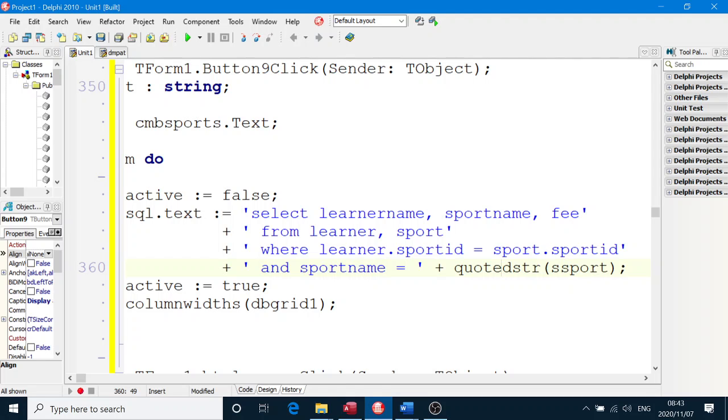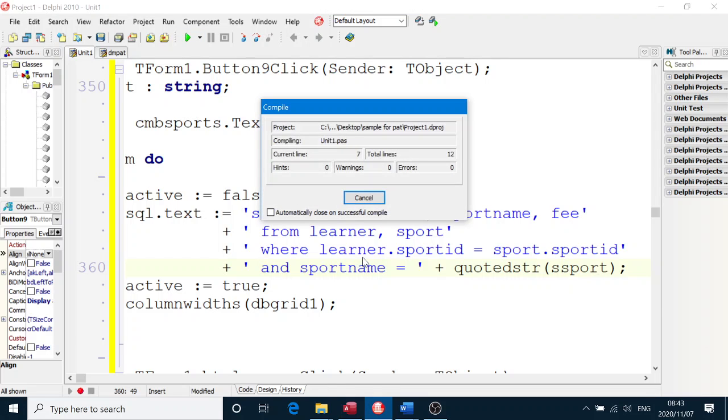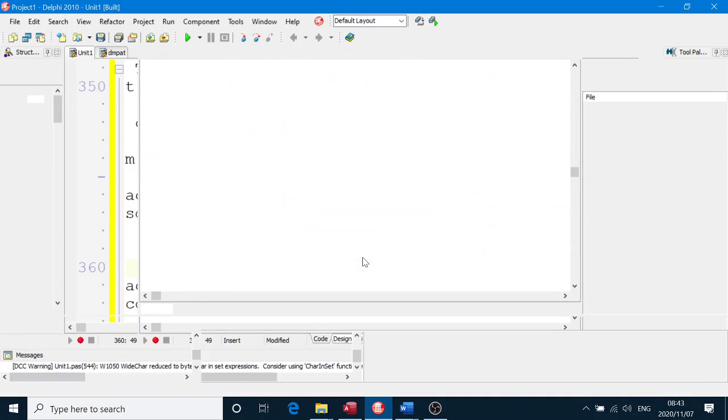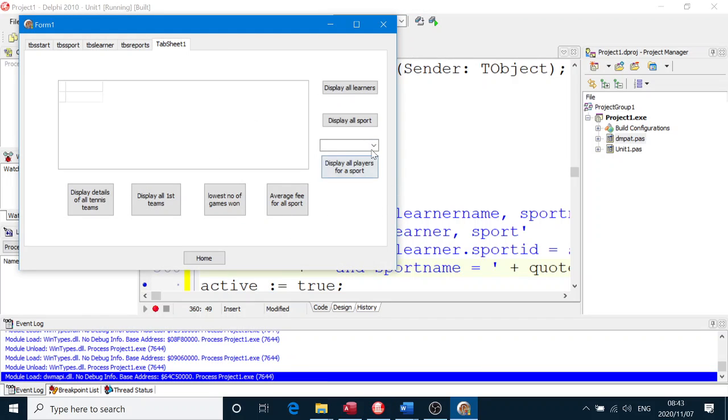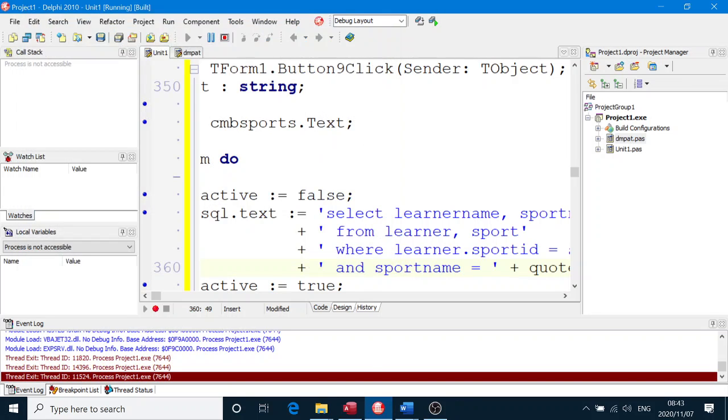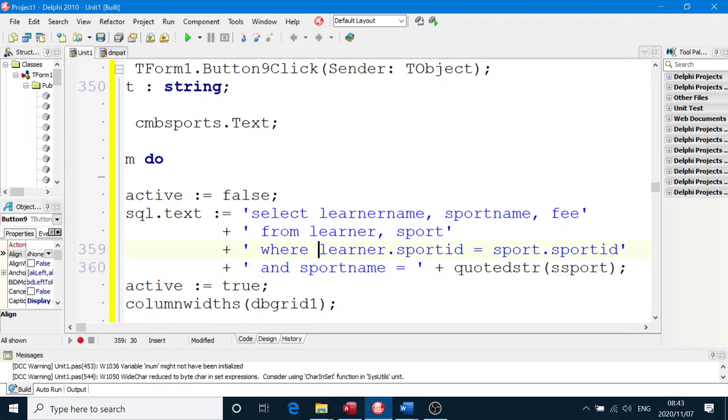Right, so there it is. I'm going to run the program. There's one little problem here, and I don't know whether it's going to make a difference, but we'll see now. If I choose tennis 1, right, so it did work. The problem that I was envisaging was the fact that we have 2 conditions in our where statement, and normally